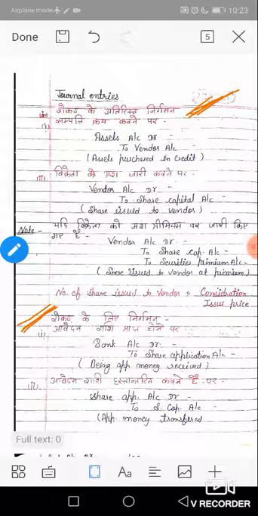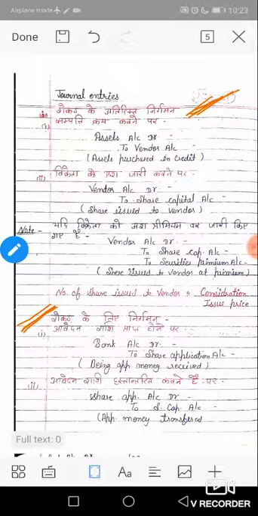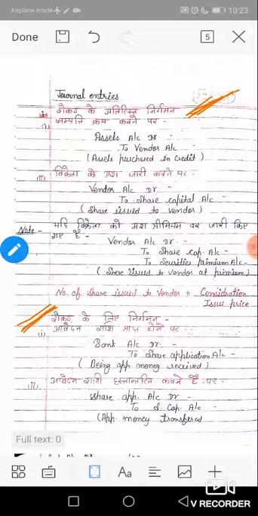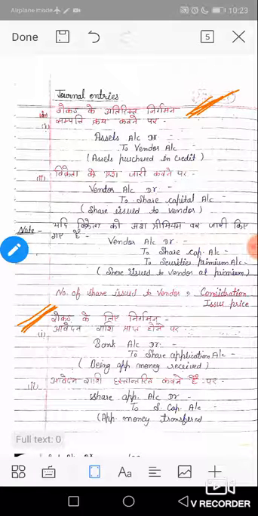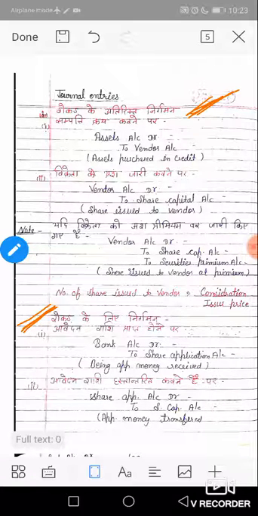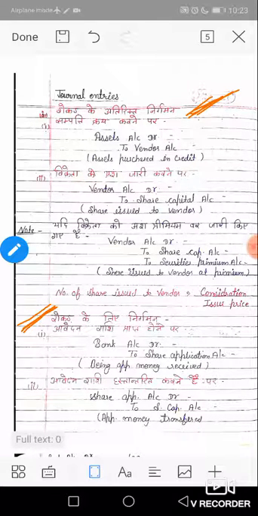Issue of shares other than cash may be possible when we issue shares to vendors against a consideration of assets, or issue shares to promoters for their service. But in our syllabus only issue of shares to vendors is included. So if a company purchases assets from a vendor on credit, then in consideration the company issues share capital to the vendor equal to the consideration of the assets.